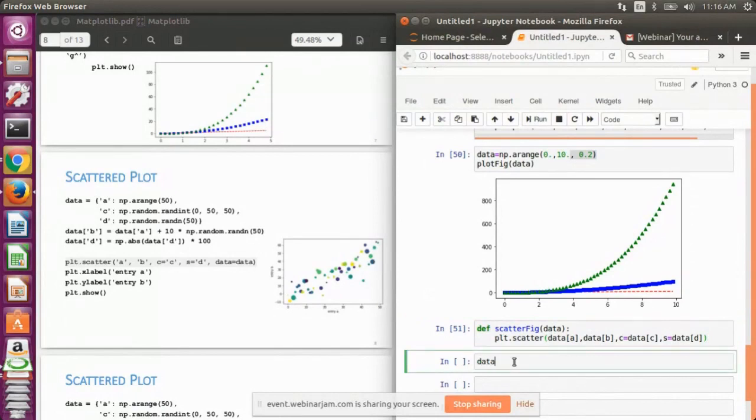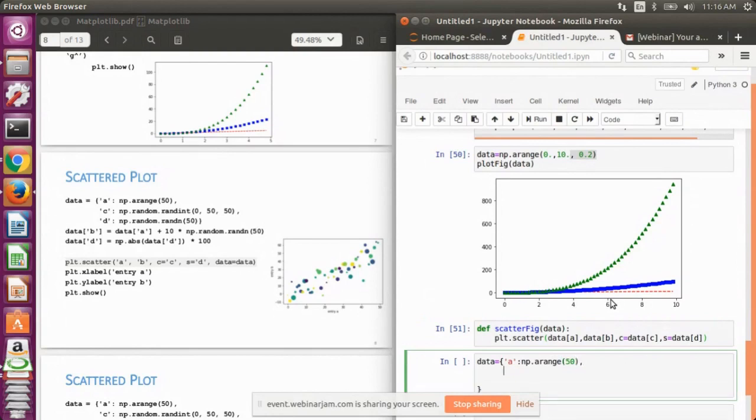Now let's define our data. To define a dictionary, I will use curly braces. Within the curly braces, let's define the first key as A and give it some values: np.arange(50).